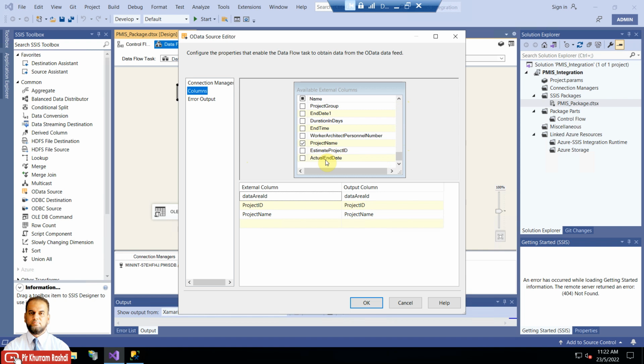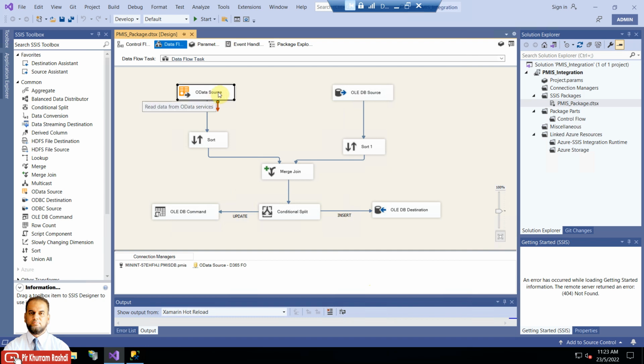So I selected these three columns. These external columns are the columns in Dynamics 365, and the output columns are whatever will be available in this node. So this is what I selected in the OData source. Then I can show you that in this data flow I have used the sort